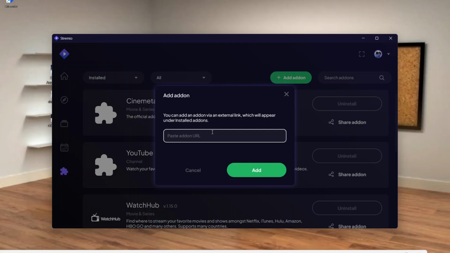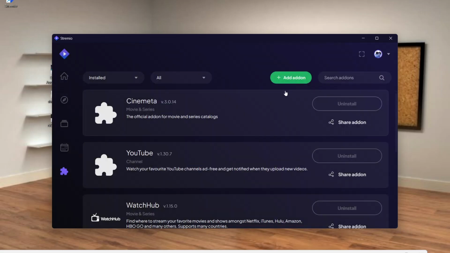In conclusion, Stremio is a user-friendly application that opens up a world of cinematic enjoyment with just a few clicks. By following these straightforward steps, you can easily navigate through Stremio's platform and enjoy endless